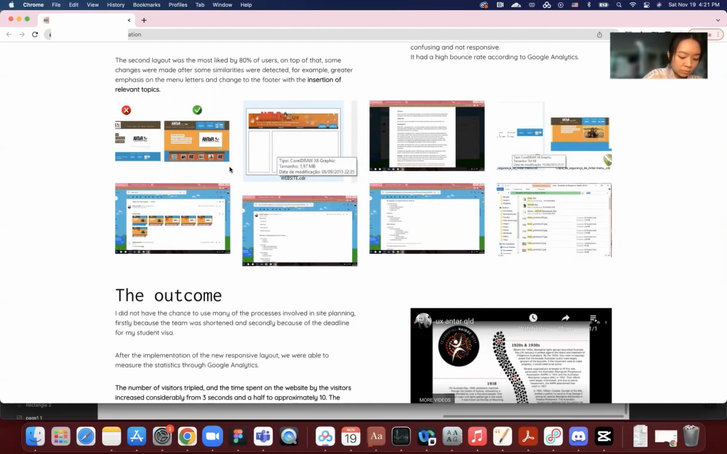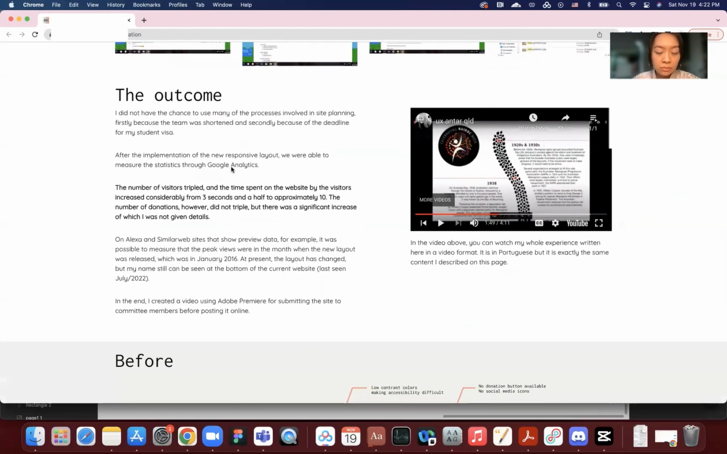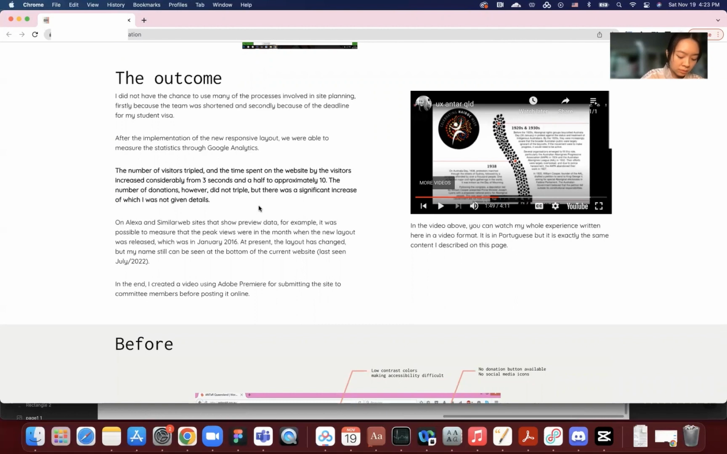The first outcome was when we released that website at the end of January 2016. Like I said, it lasted 6 months. And then when I went to Google Analytics again, the number of visitors tripled. Yeah, in the end, you can see